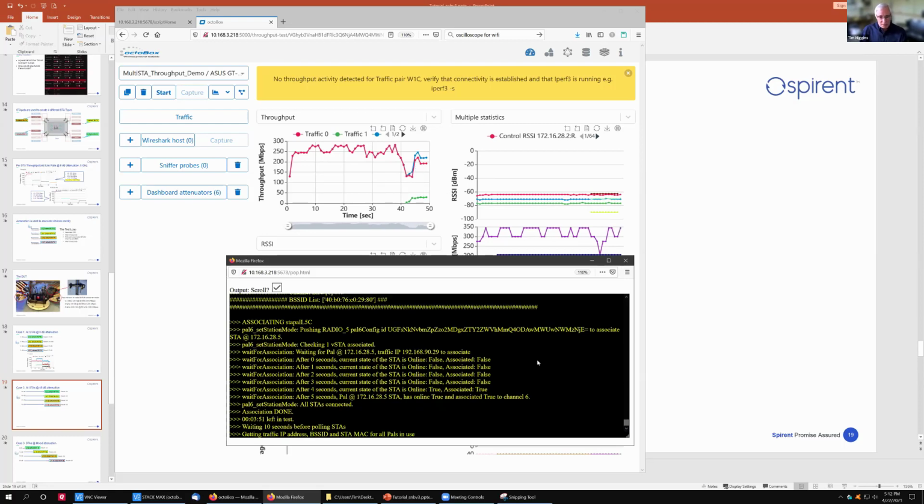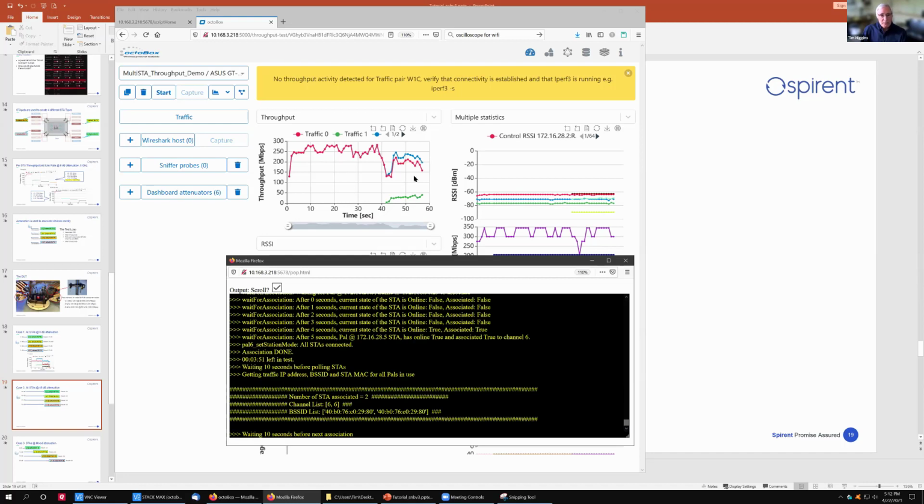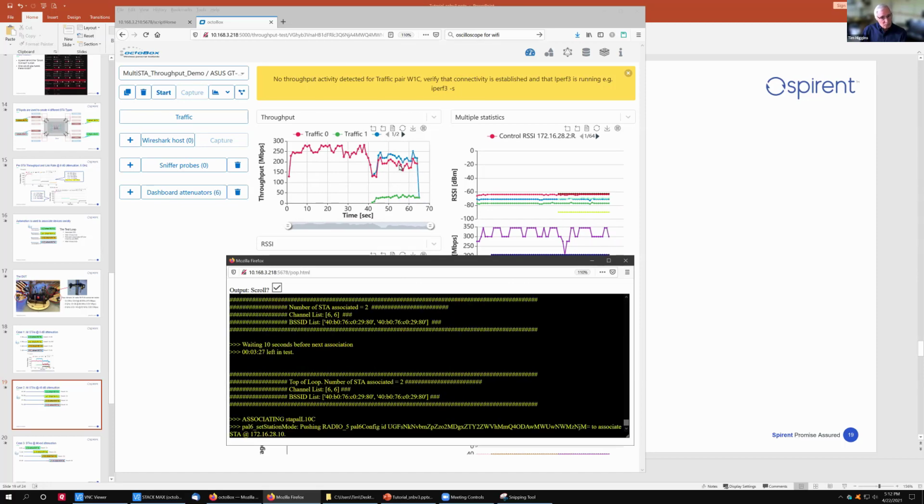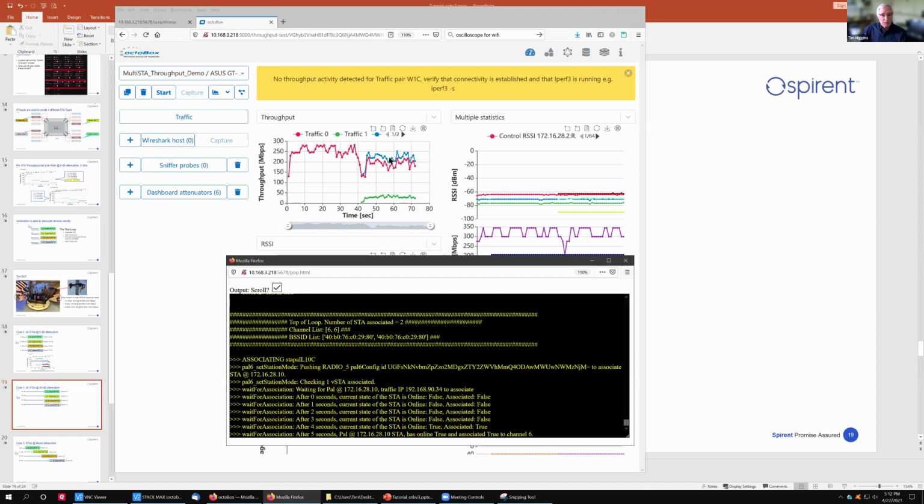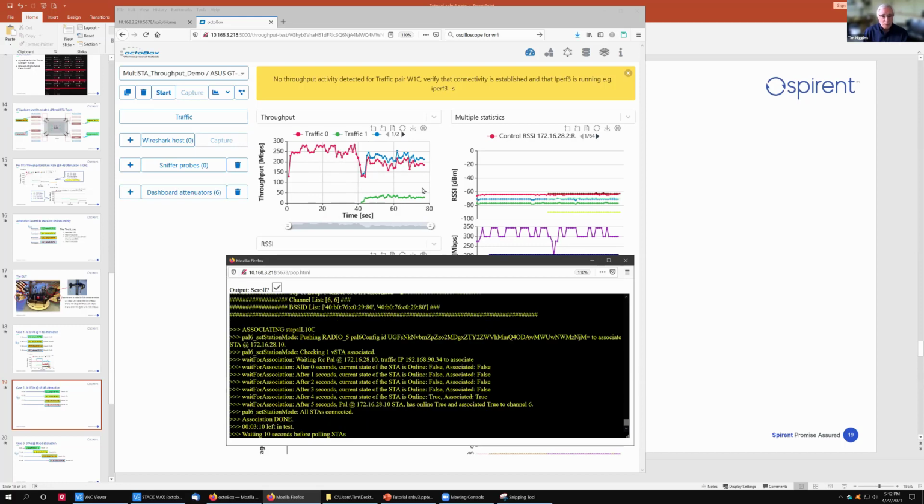All right, next station associated. This is the single stream AC, again sitting at -45 with 45 dB of attenuation, and it was also added to channel 6. In this case, we're seeing that the total throughput did not cut in half, and they're not tracking each other totally. So we've got some mechanism in place here that's helping keep the throughput up.